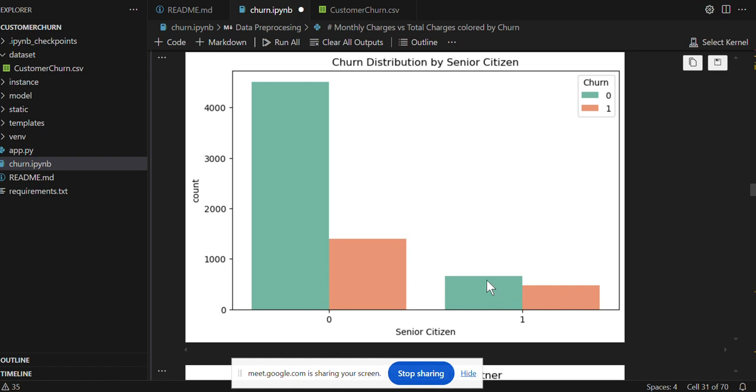Then when you take the yes from the senior citizen and the yes from the churn class, we have this other bar here. Understand? This one is for senior citizen, while this one is for churn. Then the two bars at the top, you are now saying that you have,